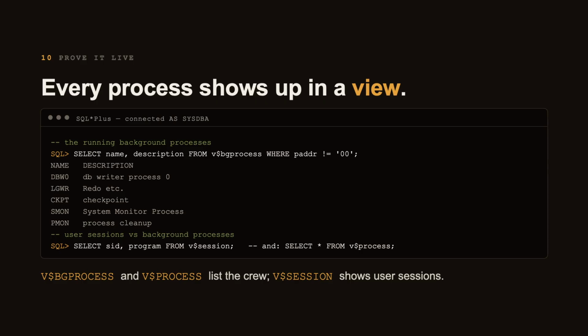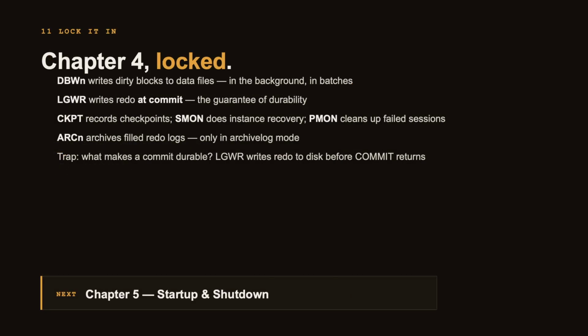V$PROCESS gives you the operating system level view of those processes, and V$SESSION shows the user sessions connected on top. So the background processes and the user sessions are all visible and countable. We formally tour these dynamic views in Chapter 17, but this is a great sanity check. Anytime you want to confirm the instance is healthy and the whole crew clocked in,